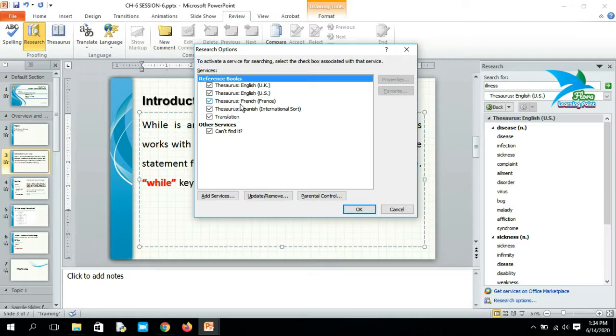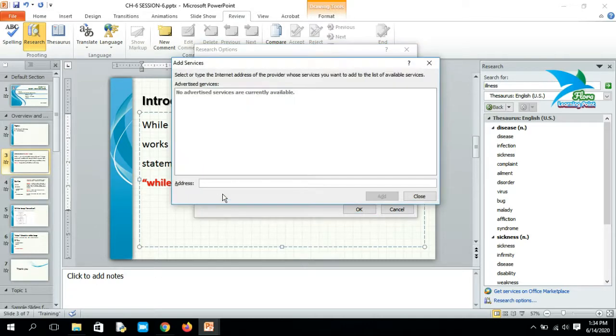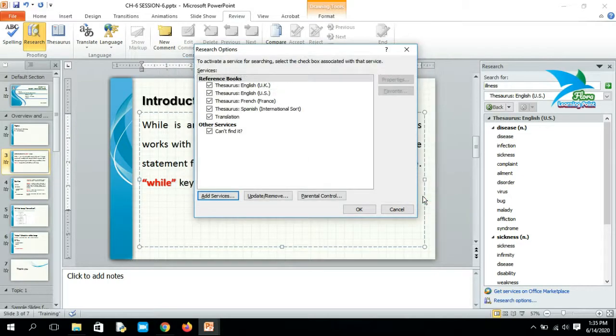We have thesaurus from English UK, English US, and French, etc. If you want to add more language options, like Arabic or any other language, then you have to click on add services. But you have to connect your system to the internet, then add the address of the website that contains the resources from where you want to add the services.